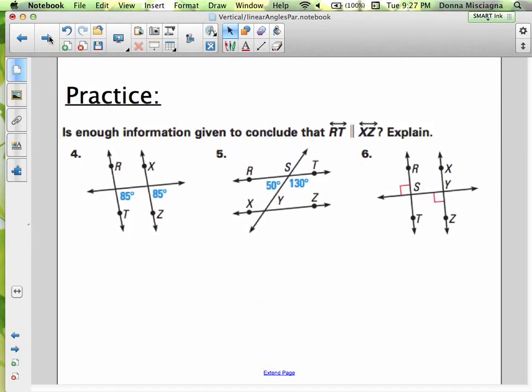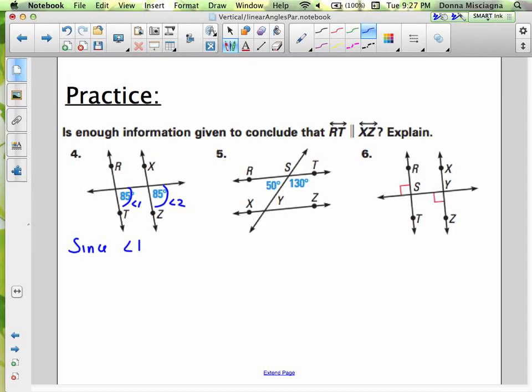Right, so we're going to determine if there's enough information to conclude that line RT is parallel to line XZ. Right, so let's identify our angles here. Notice this angle and this angle are corresponding angles, right? They're both below our transversal and to the right of one of the lines. Okay. Let's give these angles a name because it's hard to call them anything. All right, so let's just call them angle 1 and angle 2. Since angle 1 and angle 2 are congruent corresponding angles,